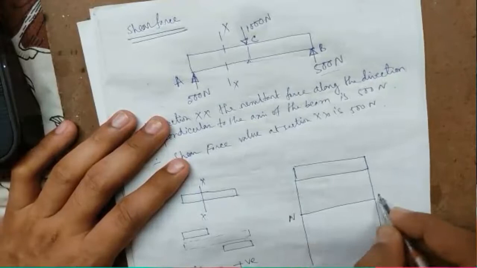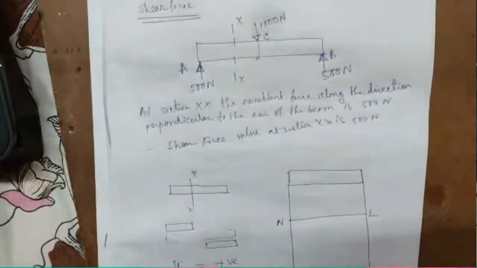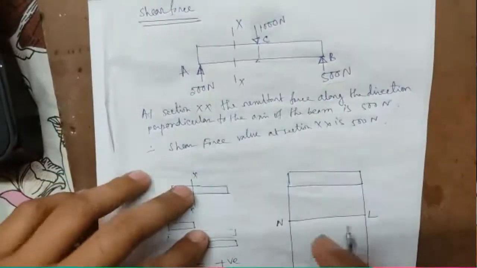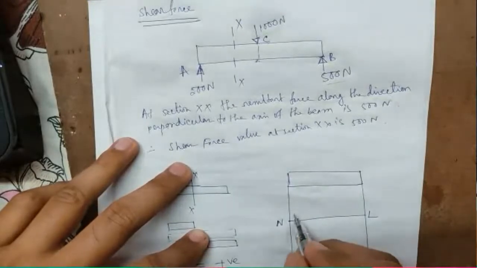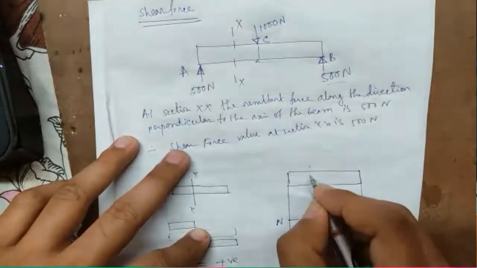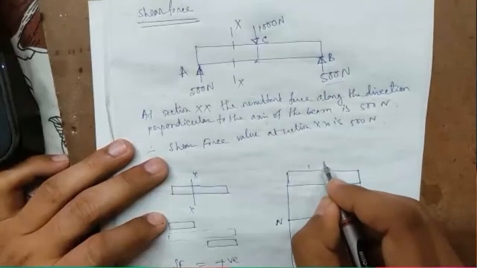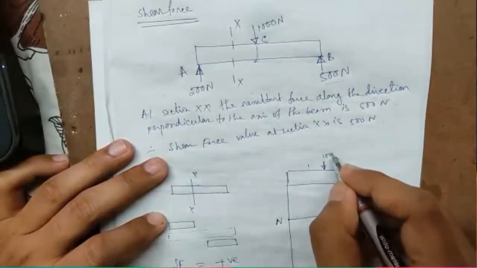Now, if we draw from the left hand side, the shear force is positive. As you can see here, there is a load at the center, 1000